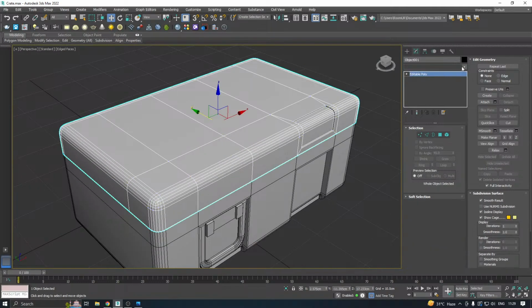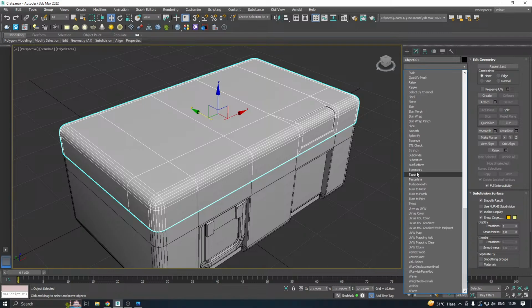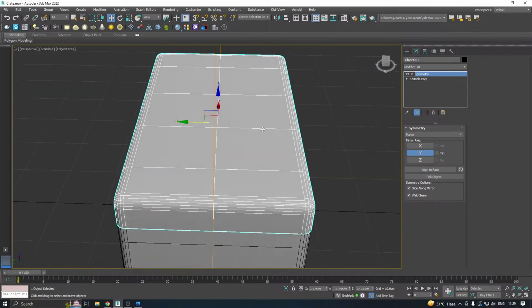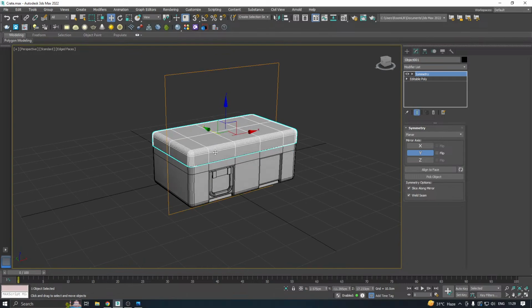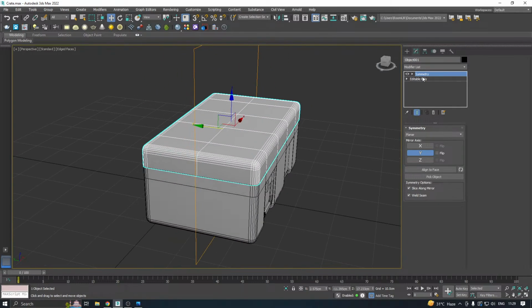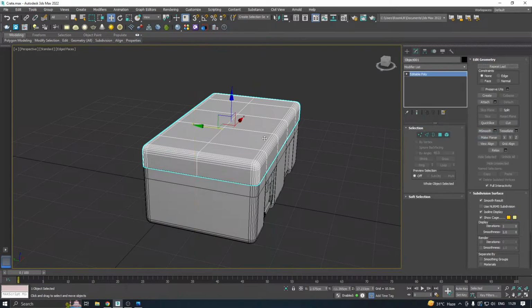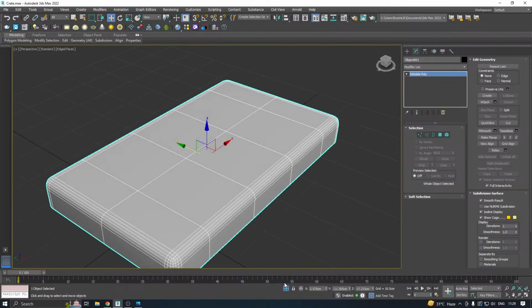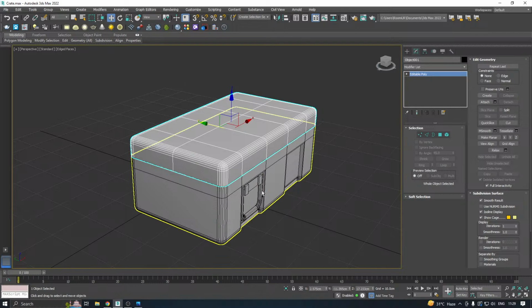We can actually add a symmetry modifier. We don't need to. Okay, let's go on. Now,